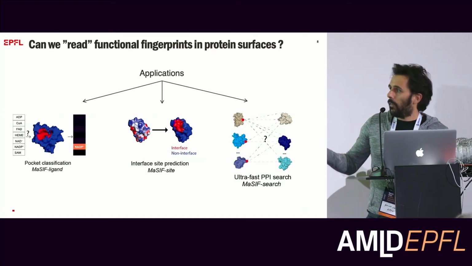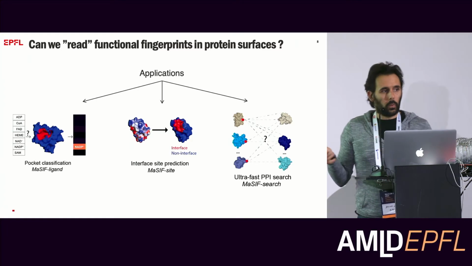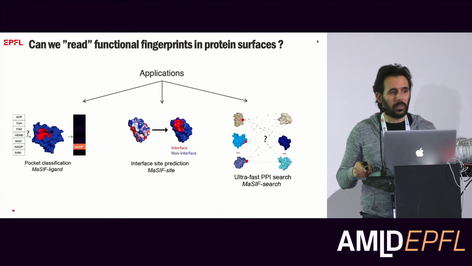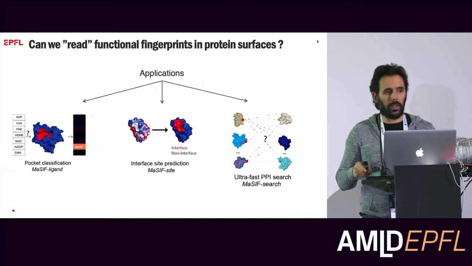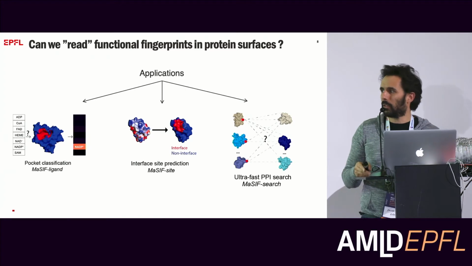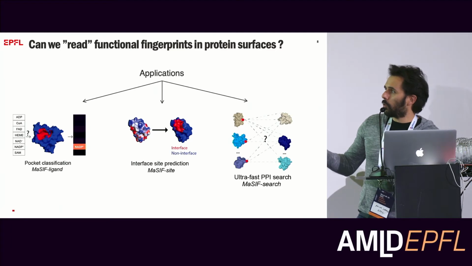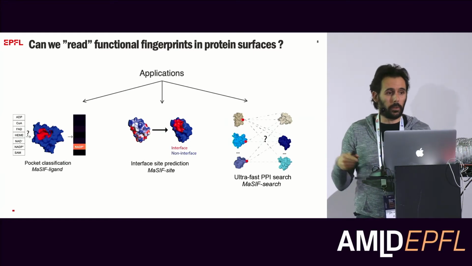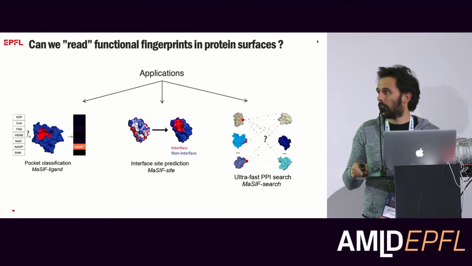Another aspect that is very common in protein bioinformatics is to try to understand which proteins actually interact with other proteins. A lot of what proteins do in cells is basically to bump into other proteins and take a decision: do I stick with this protein or do I not? And this, in fact, sounds like a super trivial problem, but it is not. So part of what we used here was to try to figure out which fingerprints were expressed in the surface of these proteins and see if we could use those to predict which other proteins could actually interact with those particular proteins of interest.